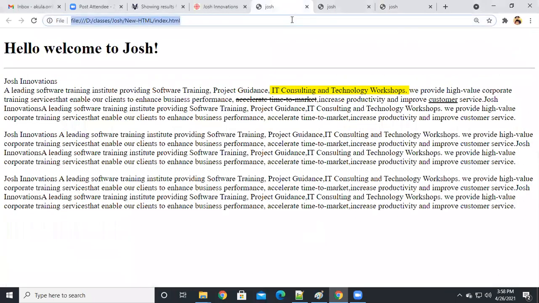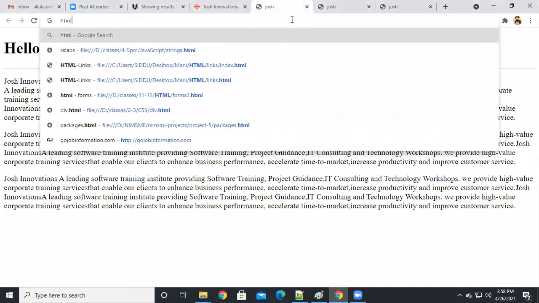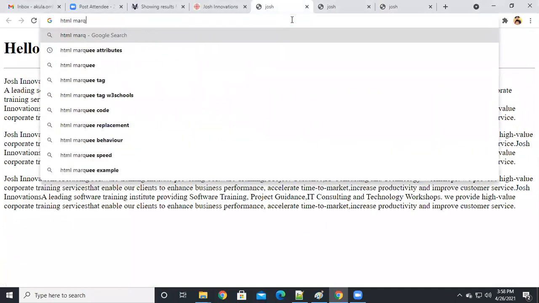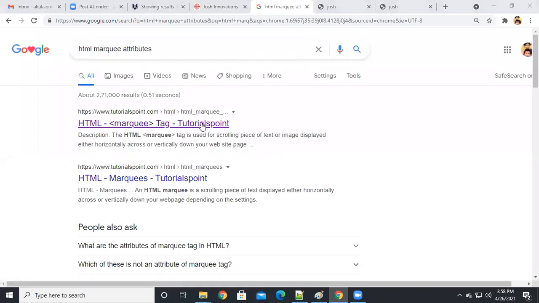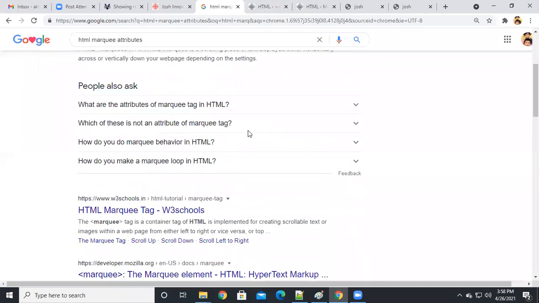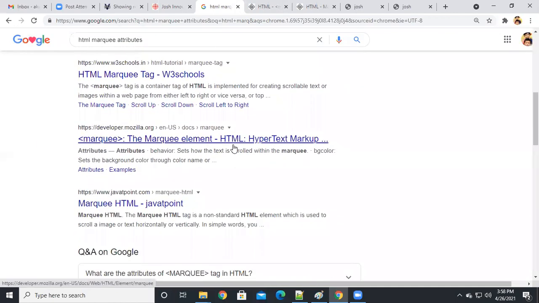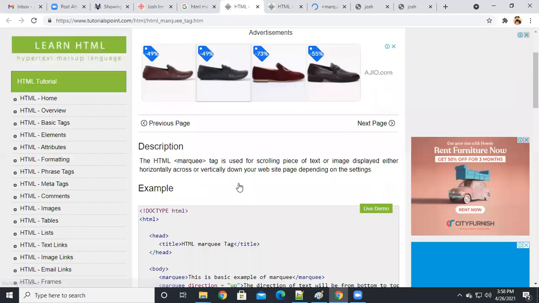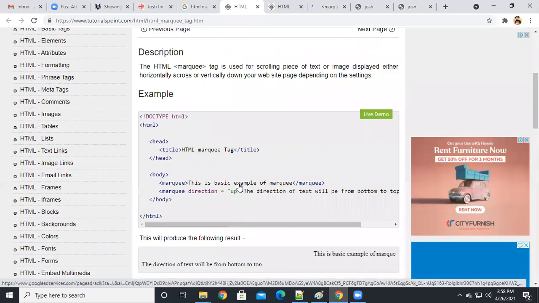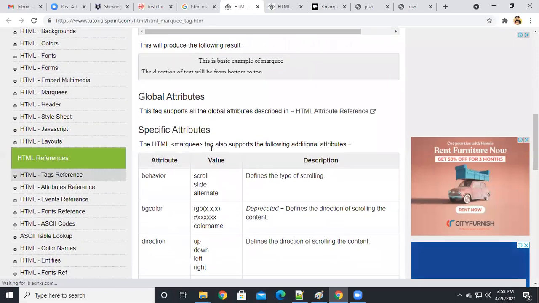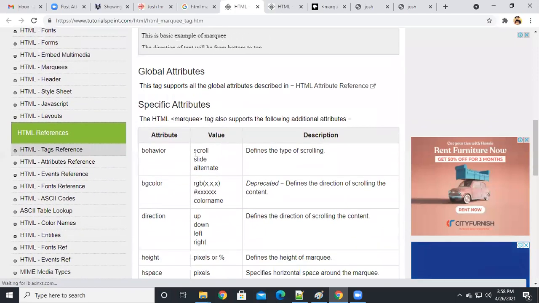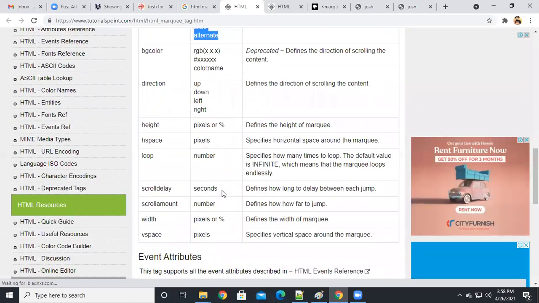See, even I will show you. So, HTML marquee attributes. So here the direction one, see, values like scroll, slide, alternate.